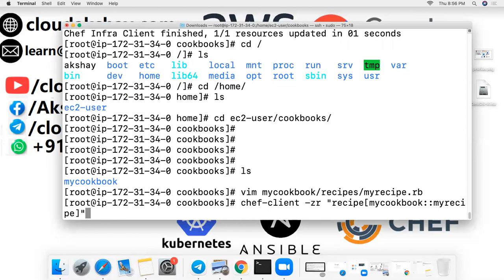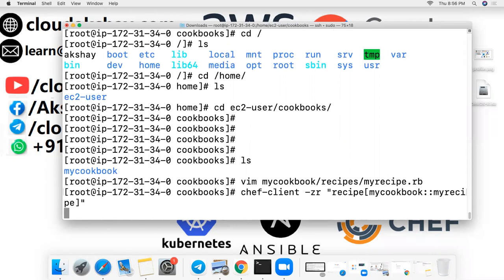In a few sessions we are going to automate this. So whenever the code is updated, the node machine connects with the Chef server and updates it periodically. So I hit enter. Let's see.